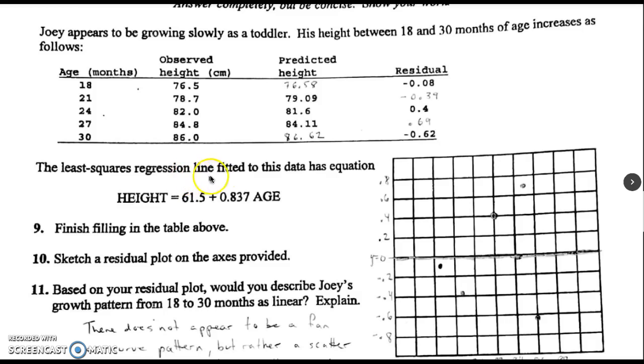It says the least squares regression line fitted to this data has the equation height is 61.5 plus 0.837 times the age. Question 9 says finish filling in the table above. So you can see I filled it in already. The concept for how I figured this out,